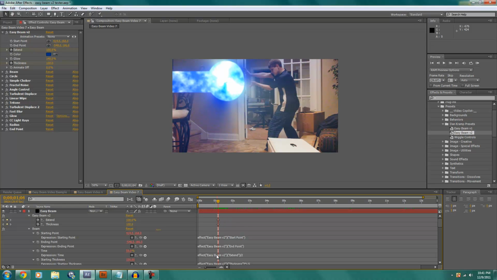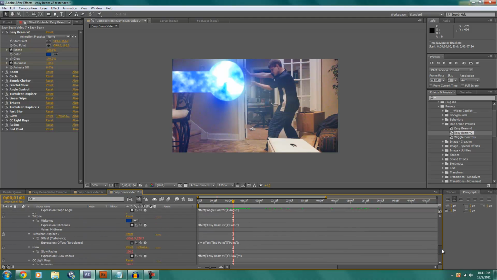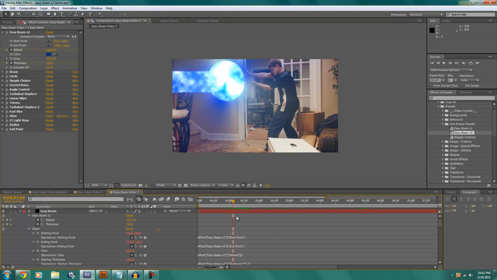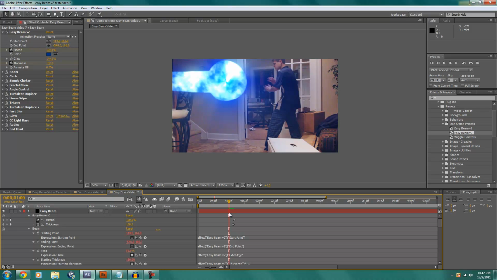And I'm actually gonna just, you see all that, there's a lot of stuff going on down there, and you don't want to touch that stuff. That makes the effect do what it does. So you want to take the extend keyframe, and I'm just gonna move it by about a frame forward. Then you go back 6 frames, 1 2 3 4 5 6,